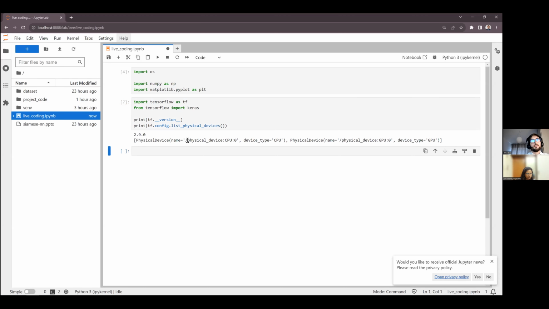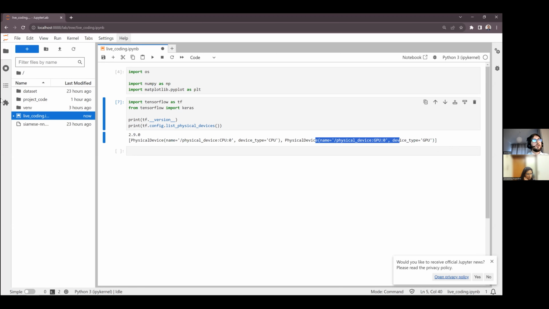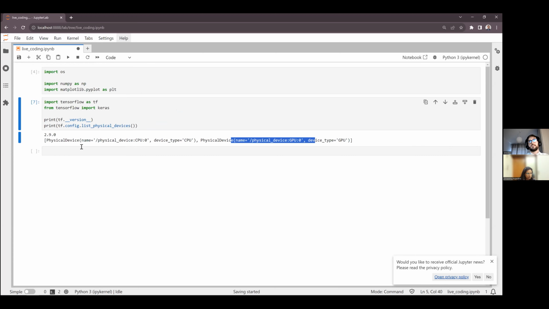We can see here I have a CPU and a GPU. My GPU is nothing too fancy. It's quite old, but it is useful when working with images. It will make everything a bit faster.